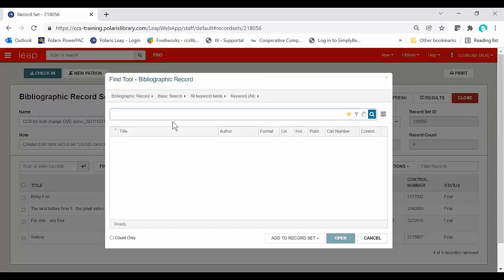The other way to create record sets is from the Find tool. From the Find tool, there are two ways to do so. This shopping bag icon is the icon for record sets. So if you select this icon,